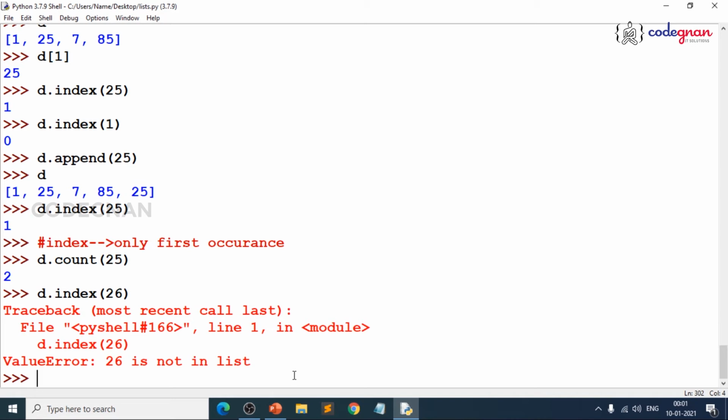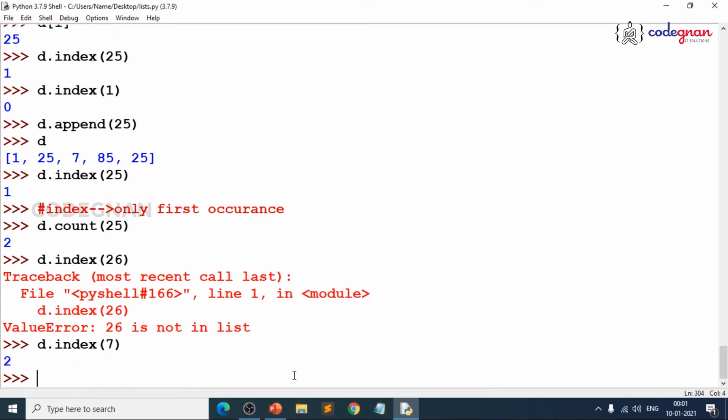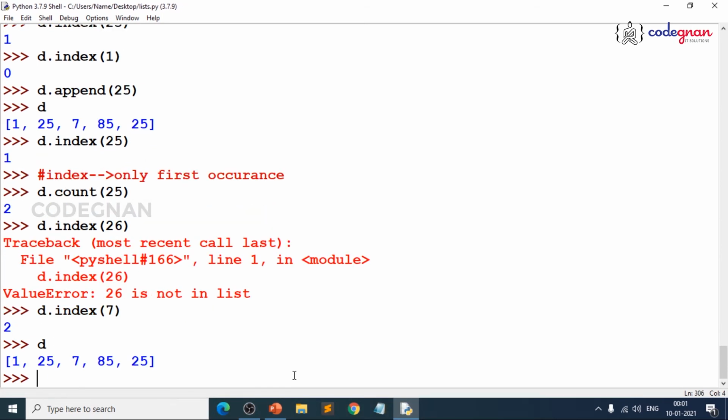So, index will give you the index, and when you pass index, you should mention the value. Whenever you open a function, always read the arguments in it. Most people will not do it, but you do it, because that is the way I learned and that is the way I clearly suggest you. Please do follow that. You will see wonderful improvements in your career. Just make it simple. D dot index of will only expect the values you have. Index of 7 is 2 because this is your list.